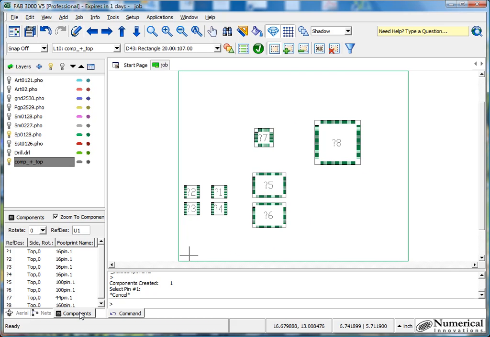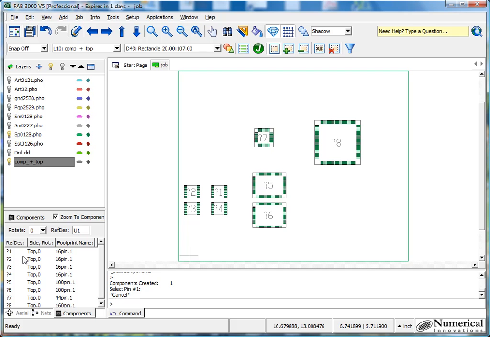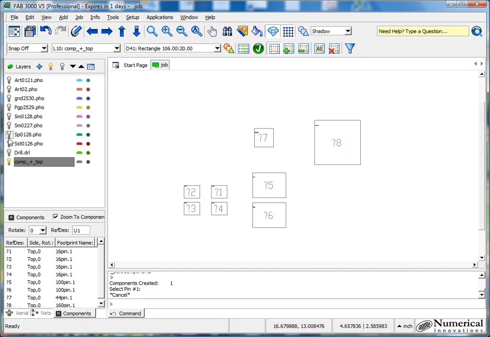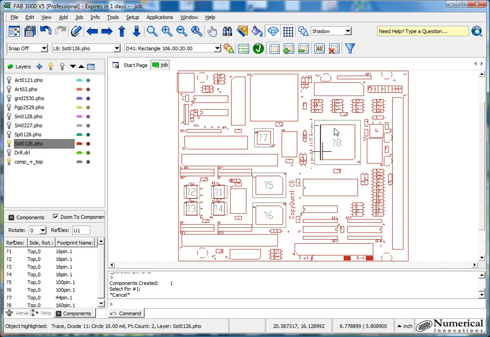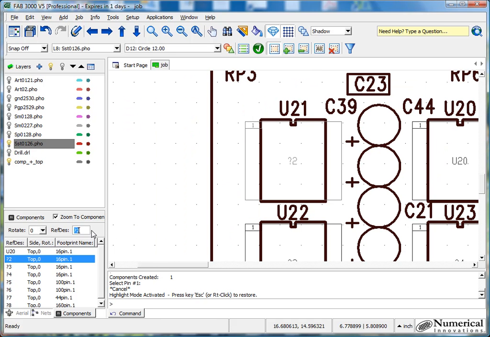As you notice here, if your tab does not show up, you press the component section right here and it shows you all the components. So now the next goal is to assign the reference designators. The easiest way for me to do this is to turn on the silkscreen layer so that I have my component and silkscreen layers up, and then I click on the first item and you'll see that it automatically zooms in and centers, and I can enter the reference designator right here. Don't worry about whether it's capitals or not. I'll type U20, and all I need to do is hit enter, and Fab 3000 automatically scrolls down to the next undefined component. So this one is U21,